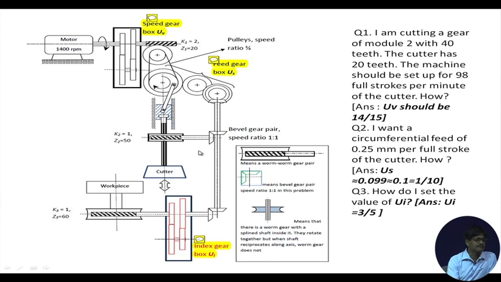So, we have come down up till this point: pulley, connecting rod. This pulley, this arm, is acting as a crank. So: crank, connecting rod, sliding block, and then spline shaft. At this moment, the spline shaft has not been given any rotation. It is simply moving to and fro. It is reciprocating. At the end of the reciprocation, we have the cutter.